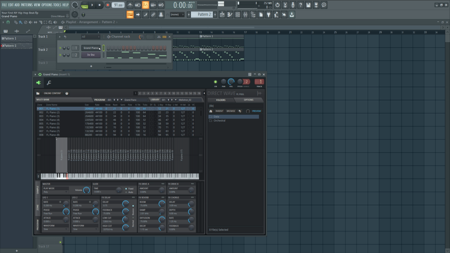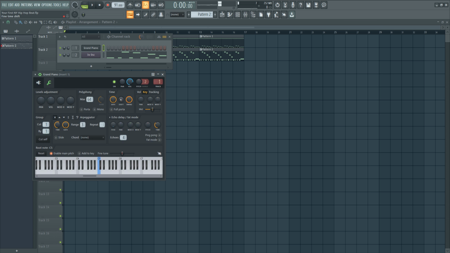Here's a trick. We're going to grab the grand piano, go to your cog icon in the top left, go to your wrench tool, and then turn up what's called time shift. This is going to move the notes a little bit off the grid to the right so that they have a little bit of a delayed timing. So they don't feel like they're strictly on the grid. And you want that kind of loosey-goosey feel. I know I'm saying all the cliche phrases, but you want that loose feel with these New York tracks.